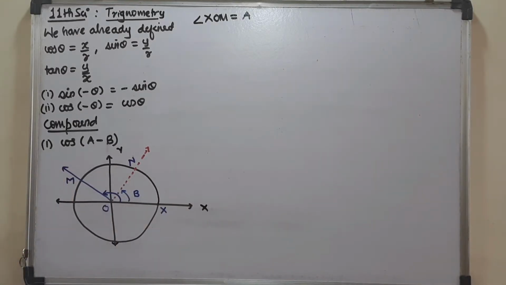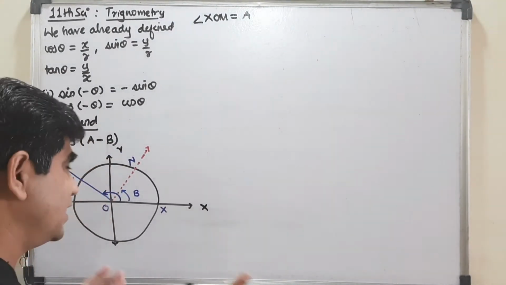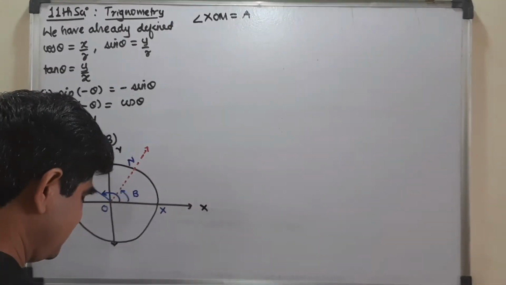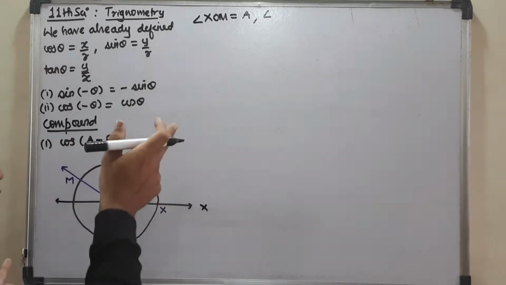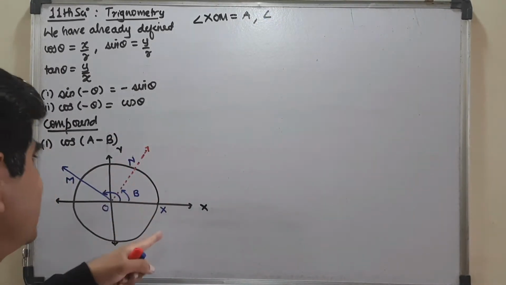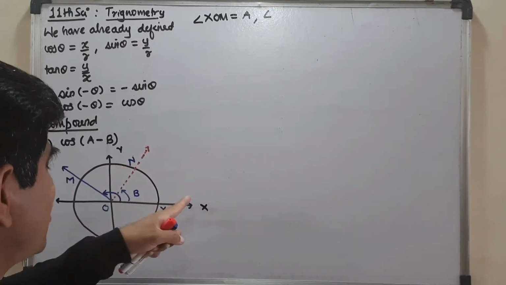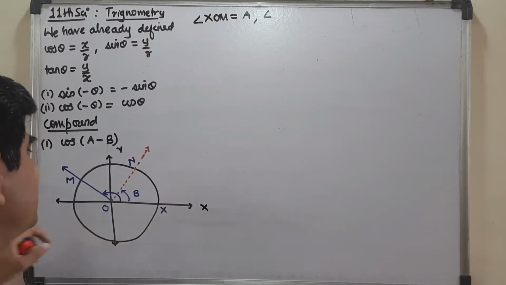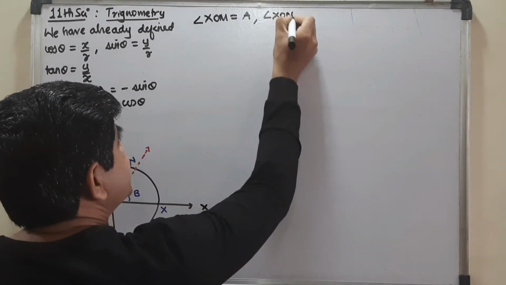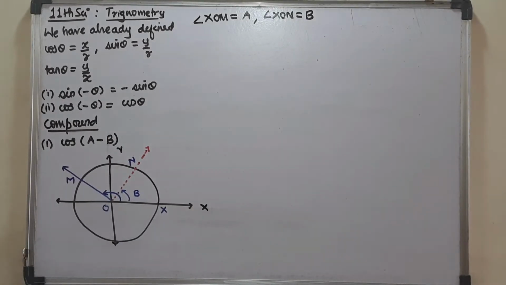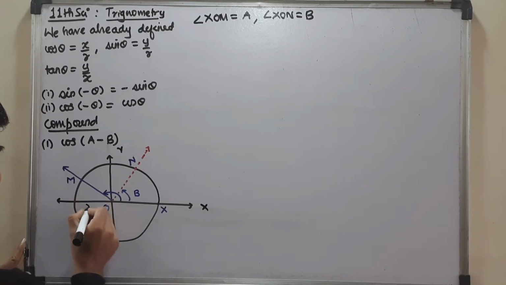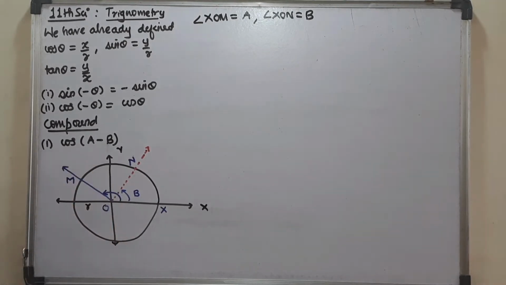Correct. So here I am taking another point N on the circle. Since I have drawn the circle, otherwise you need to write about the rays themselves, initial arm and terminal arm. But since I have already taken a circle, I am saying that I have taken a point N on the circle such that ON is a ray which is forming directed angle XON, which is measuring so-called B. And since the radius which I have taken is already R units, this radius is R, I am not making it dirty on that side, so it is R units.